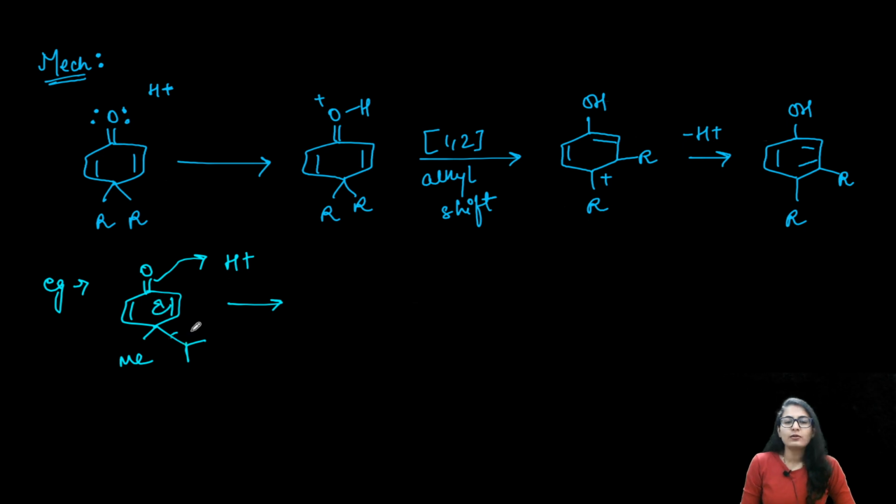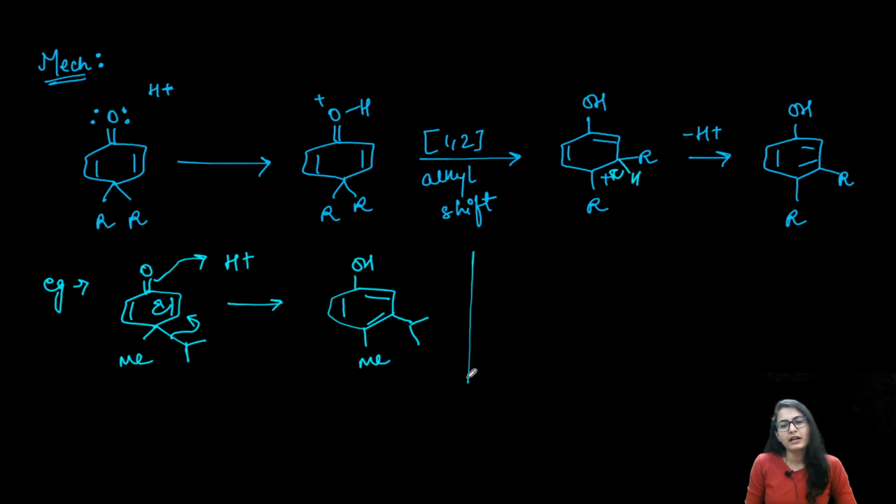So as you already know, the isopropyl is going to migrate like this. This is our methyl and this is the isopropyl. So I've also removed the proton and got the final product over here after this proton removal. Alright, yes, so got the final product. But if I'm asking you a question, this is very important, guys. If I'm asking you a question like this, that you have a methyl, let's say in the cyclohexane dienone,